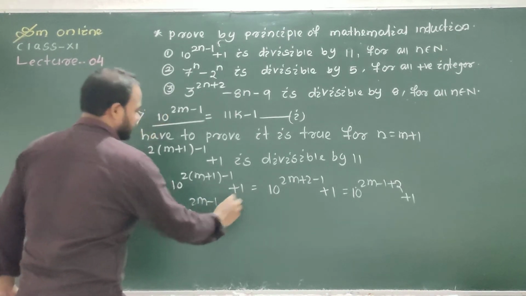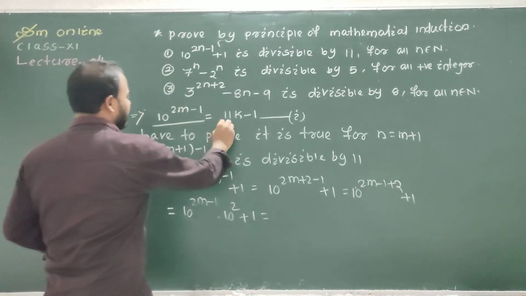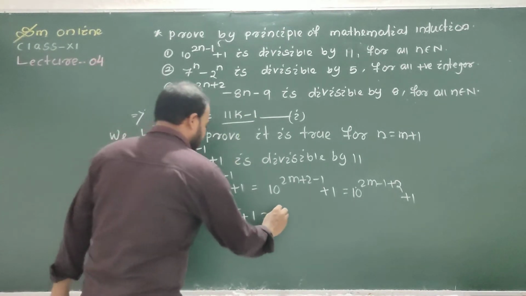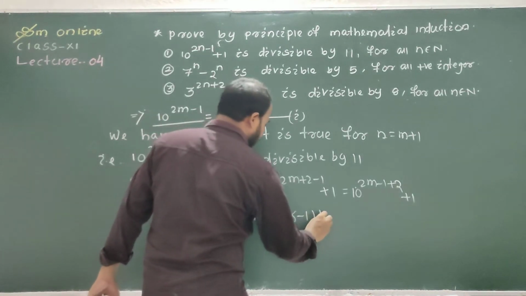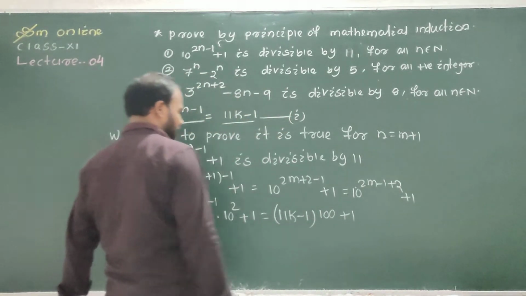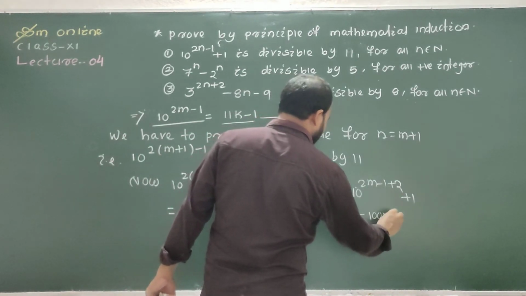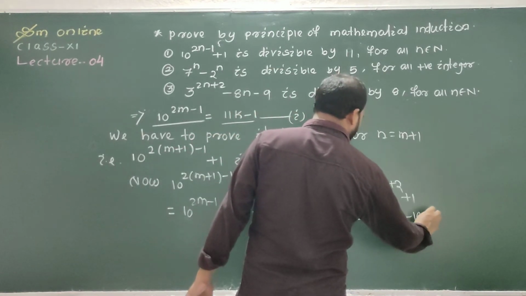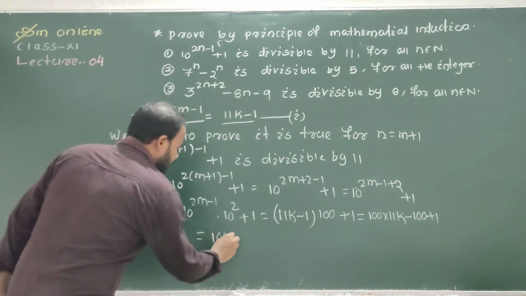plus 1. Then we put the value of 10 to the power 2m minus 1 as 11k minus 1, so it is 11k minus 1 into 10 square, that is 100, plus 1. If we open the bracket, this is equal to 100 into 11k minus 100 plus 1, and again it is equal to 100 into 11k